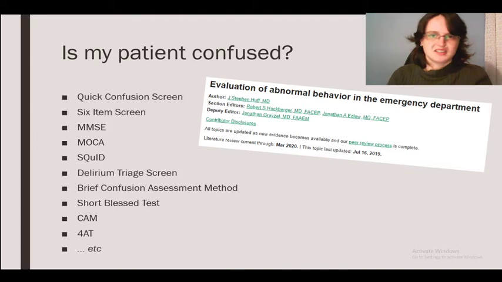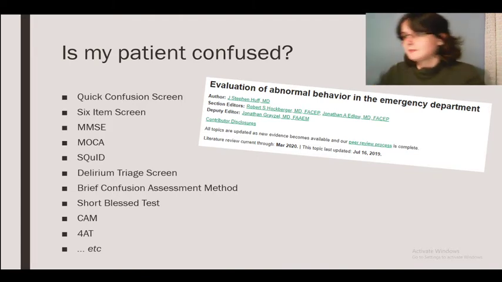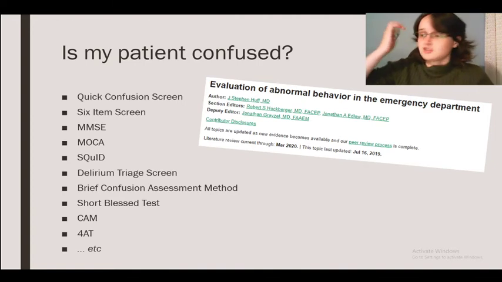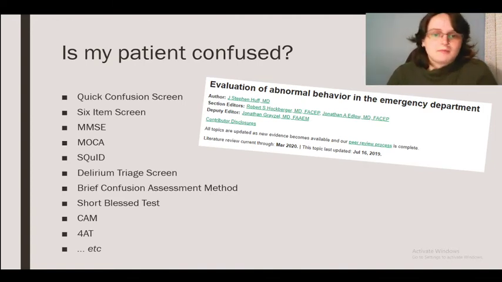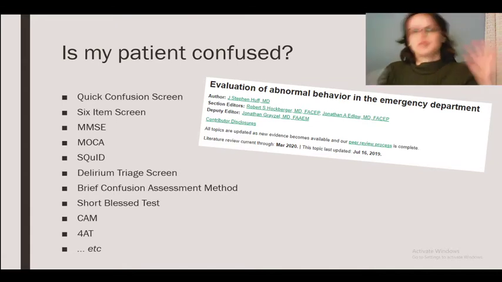I'll let you look up the details because there's the stuff about what gets 2 points and what gets 1 point and that kind of thing. The 6-item screen is very similar. It's been tested against the MMSE on elderly patients and stands up quite well with high sensitivity and specificity. That's your year, month, day, and remember 3 items. An easy way to, even I can remember that in an OSCE. And then in comparison to that, you've got your full-blown MMSE, which we've all been taught about.